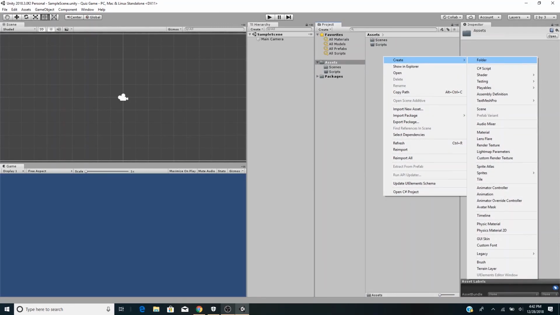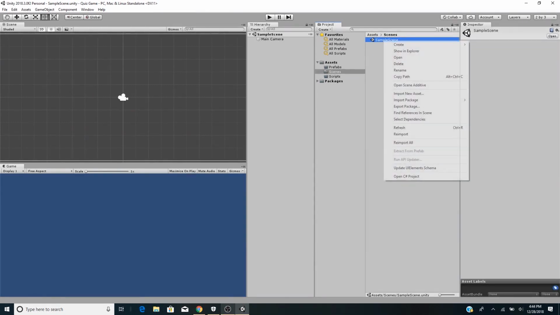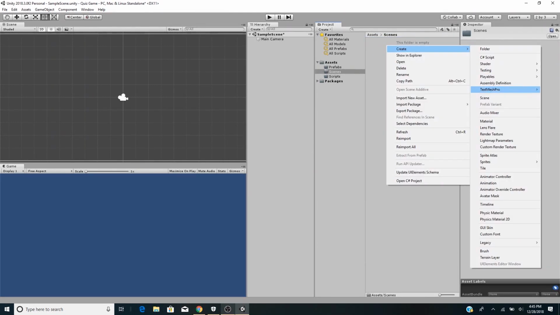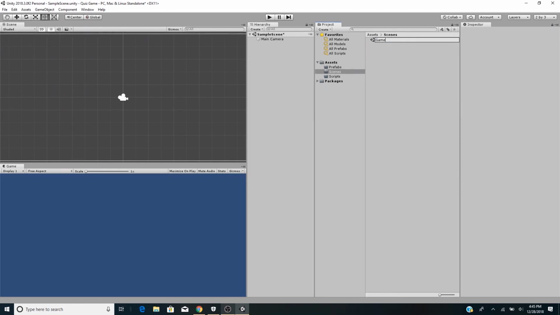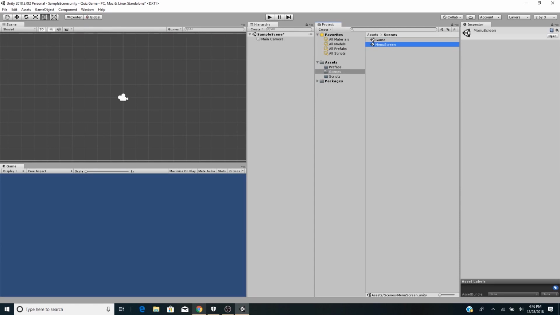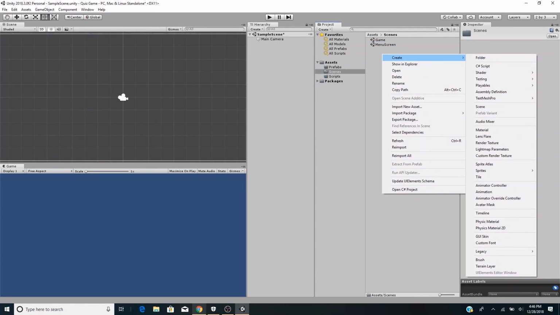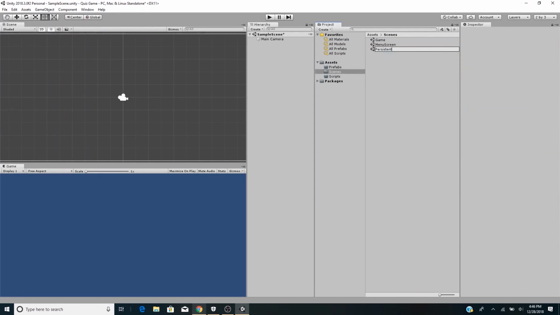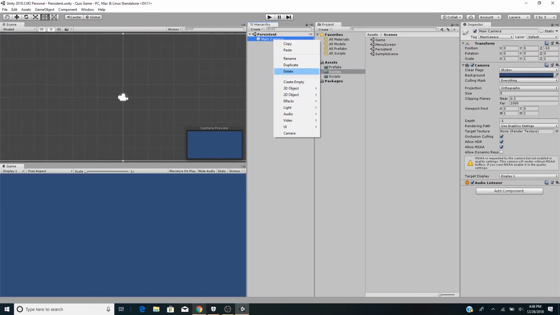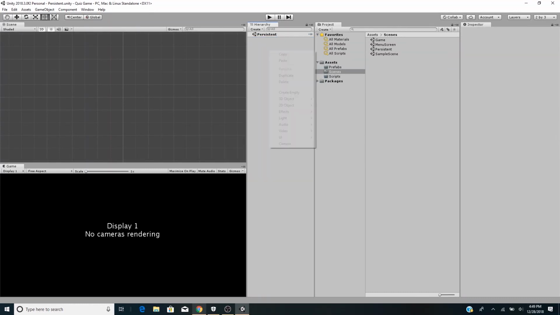First, let's create a scripts folder, a prefabs folder, delete the sample scene, create a game scene, create a menu screen scene, create a persistent scene, remove the camera from the persistent scene,